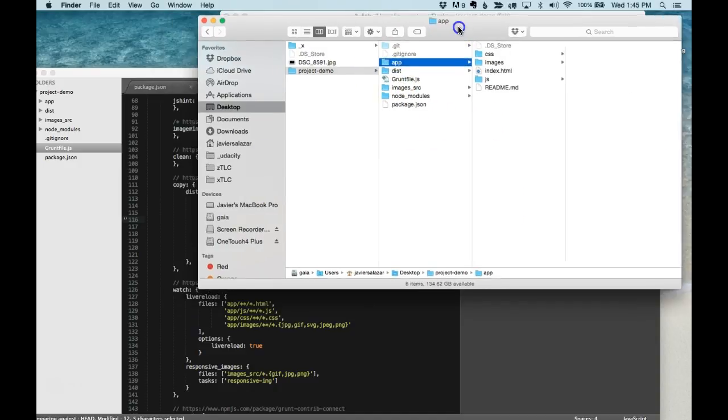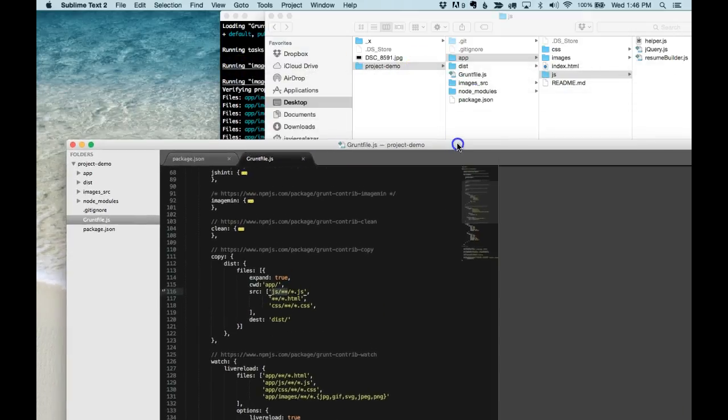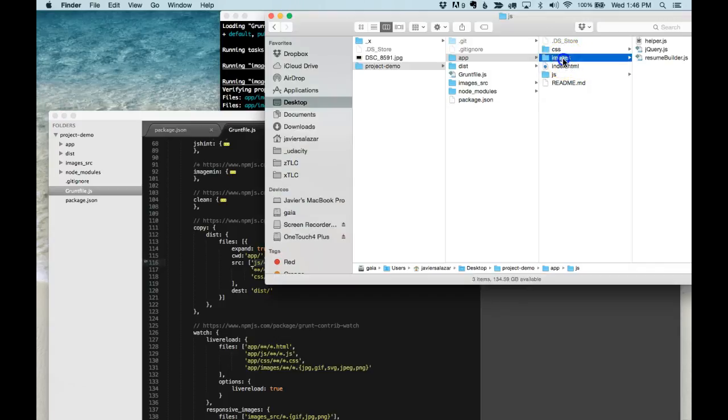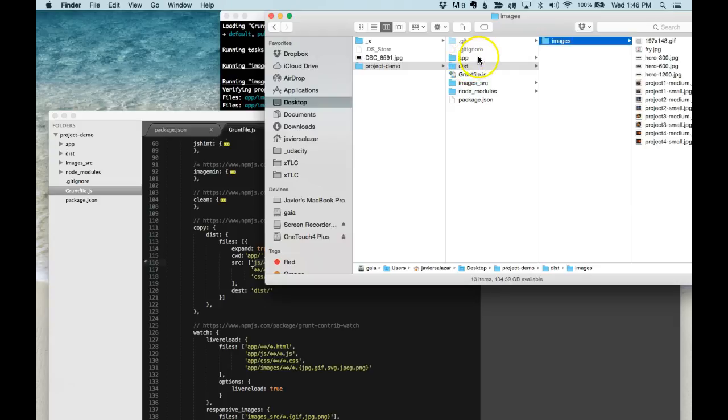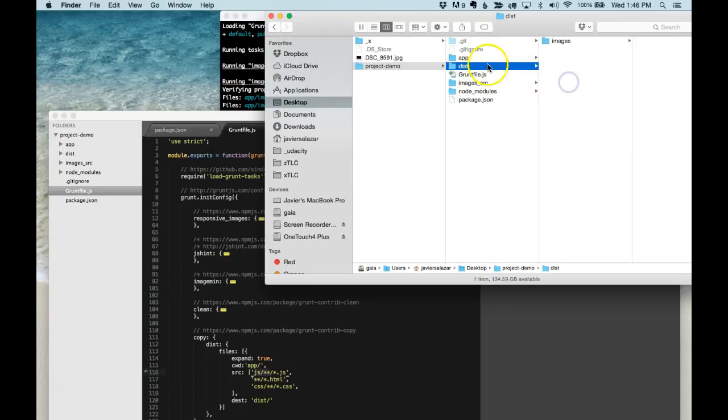So here I'm telling it to copy this folder, copy any HTML, whether it be here or in subdirectories, with the HTML extension, and copy all of my CSS files here. I do not tell it to do anything with my images because, if you remember, the images here were already copied over by the other task, the optimization task, the image min. Okay, so